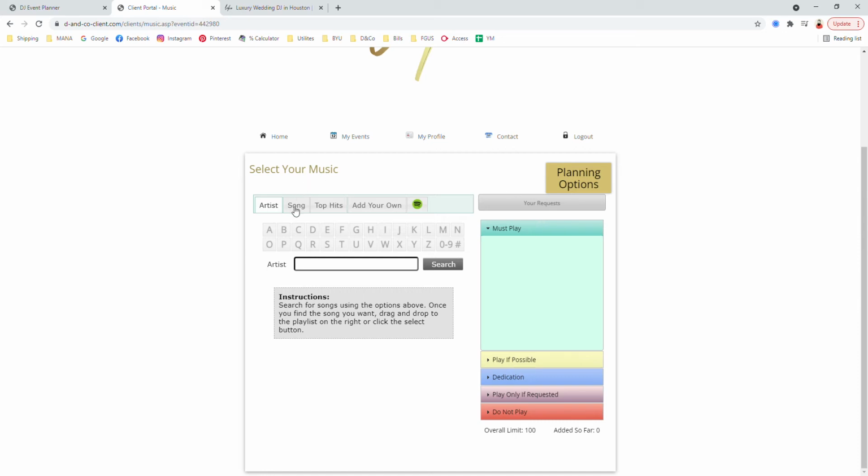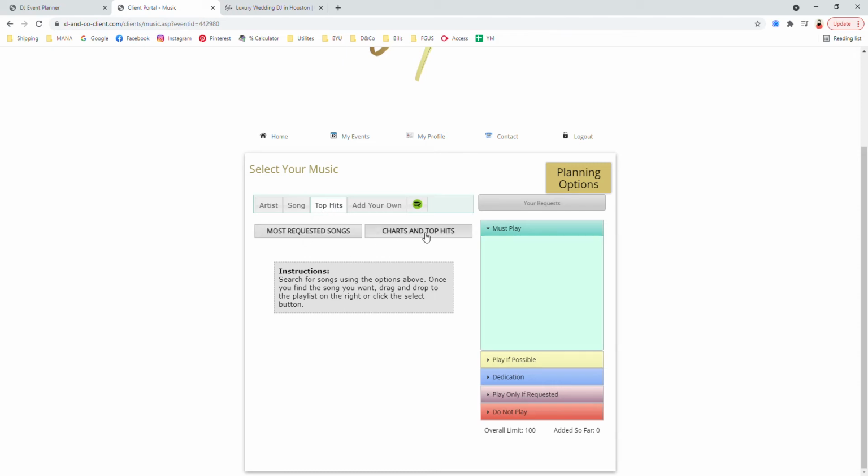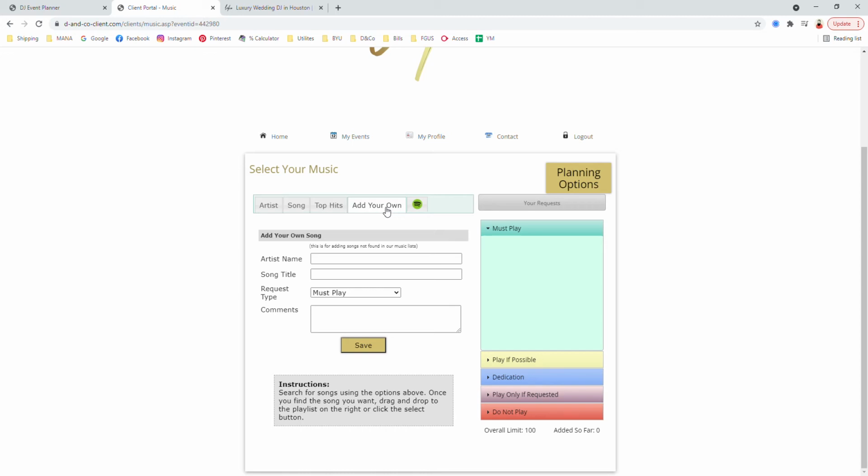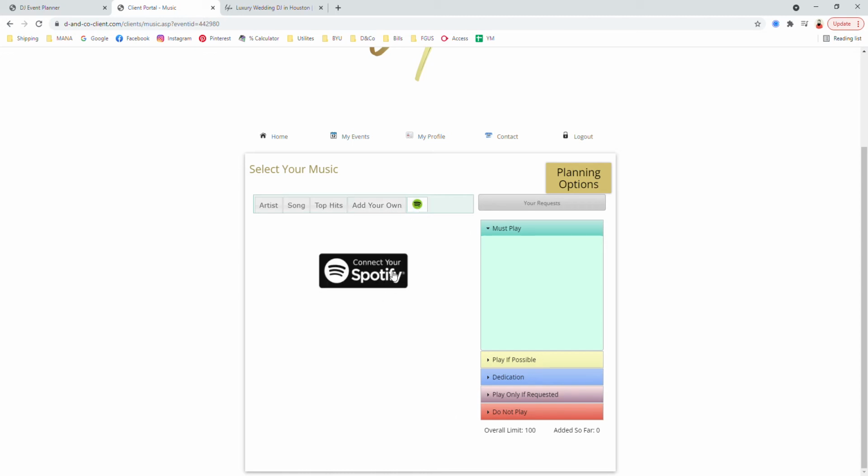You can search artist names and look them up. You can search song names and look them up. If you're not too sure, you can even look at top charts. You can even click on the Spotify button and connect your Spotify account. And then if you have any playlists that are saved to Spotify, you can essentially import them into your planning tool here, so that I will see those Spotify